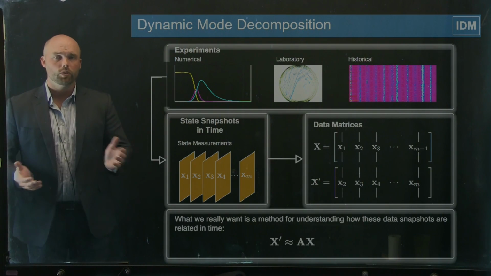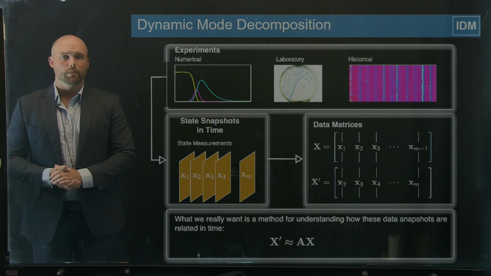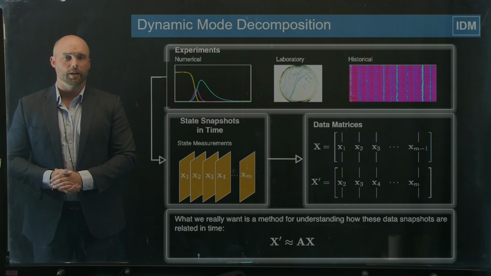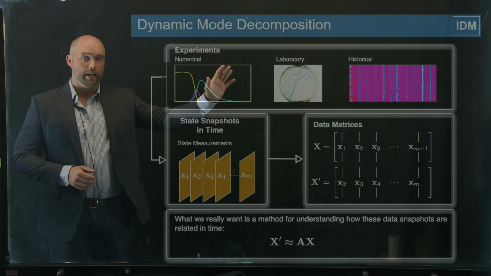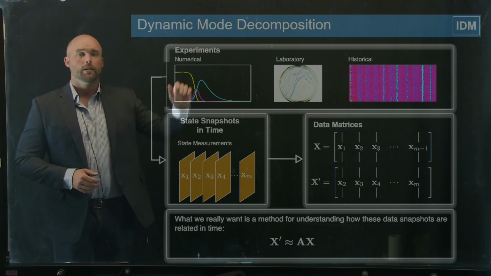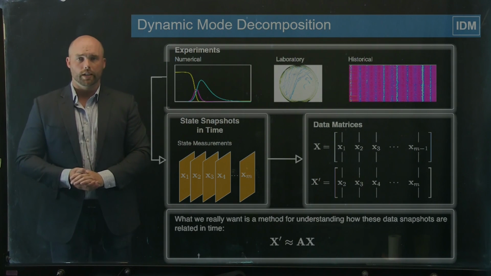Now, dynamic mode decomposition is a powerful method that has evolved out of the fluid dynamics community, first by Schmidt and then subsequently by Clancy Rowley at Princeton University. And the method goes something like this. At a high level, you collect your data, data alone, no models, and this could be from numerical experiments, laboratory experiments, or just historical data, and you form